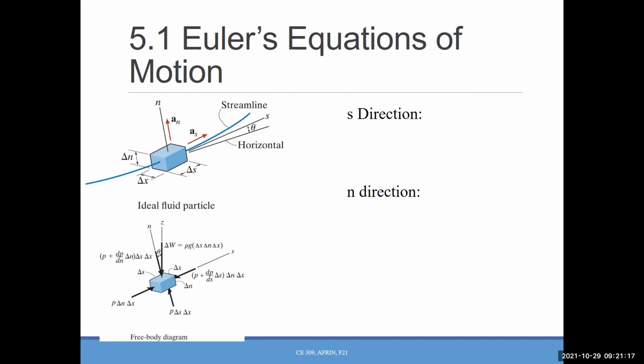So once he stated that, a few years after that, Euler actually came up with the mathematical expression for the energy equation. So in our class, we will at first discuss the mathematical expression, and then we will discuss the actual equation, okay? So to do that, you know this is a fluid particle, and you know a little bit about the streamline. The streamline is a line